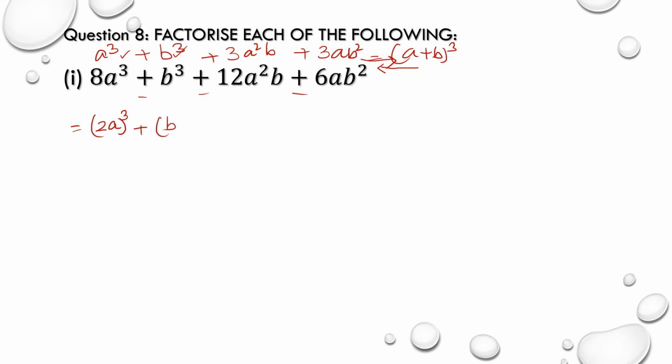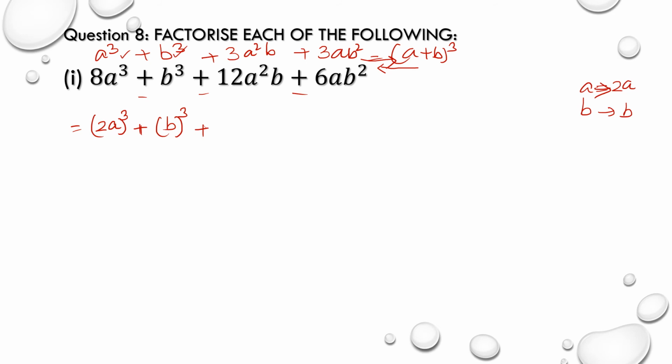Similarly, b cube means b whole cube. Now, there is no need to see the question now. आपको ये सारा कुछ देखने की जरूरत नहीं है. अब आप आइडेंटिटी कंप्लीट करो. अब बेशक रफ में देखो, a की जगह तो हमने लिख दिया 2a और b की जगह हमने लिखना है